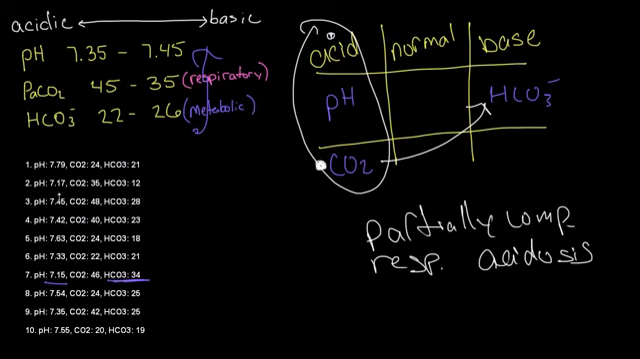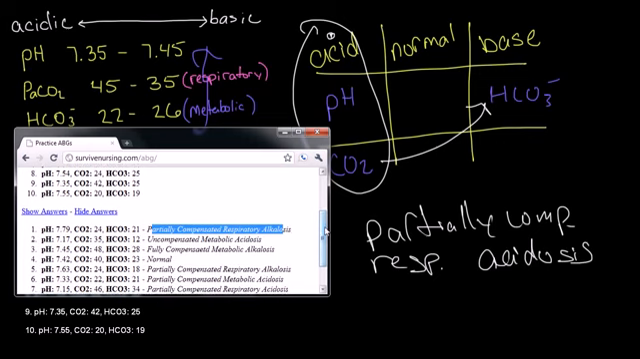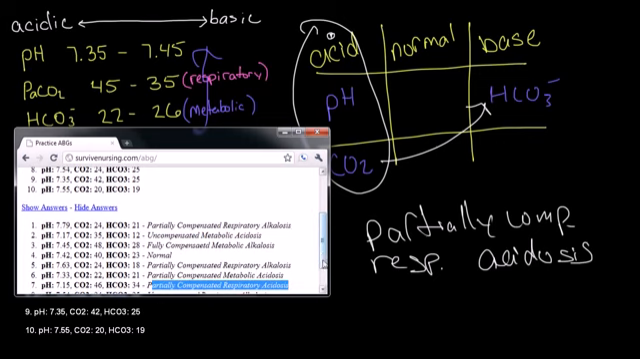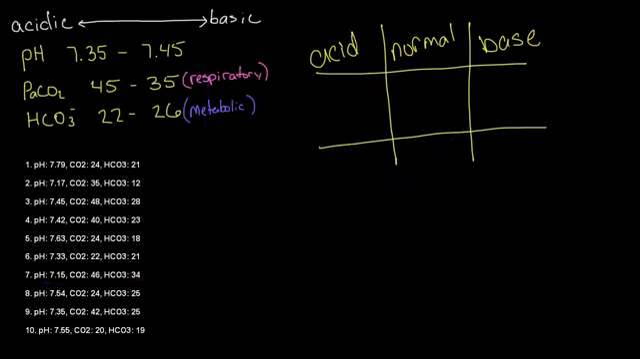Let's go ahead and double check our answer here. This is problem number 7. So problem number 7, partially compensated respiratory acidosis. So we are correct here once again. Okay, let's go ahead and move on to problem number 8. Let's get rid of this. So number 8,